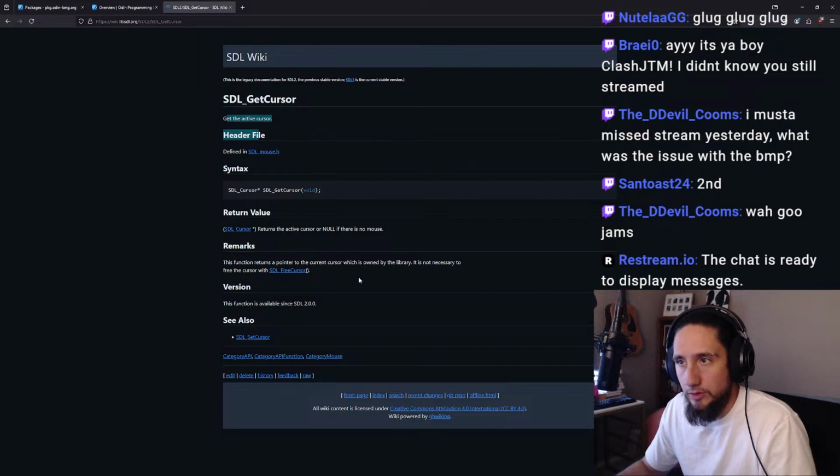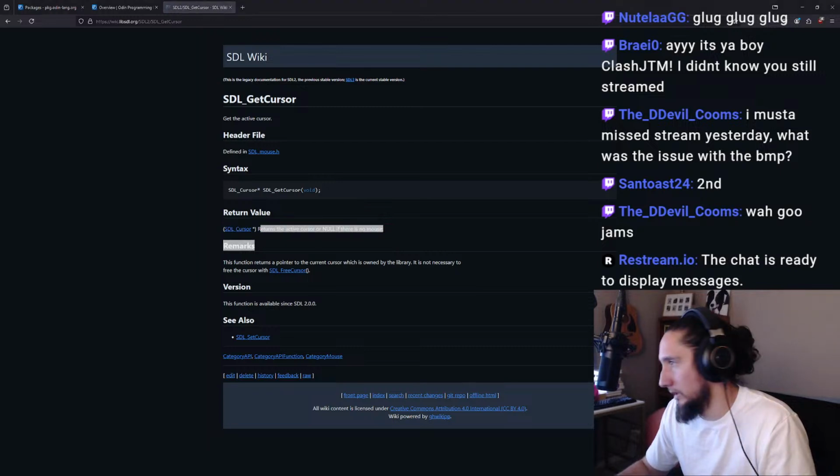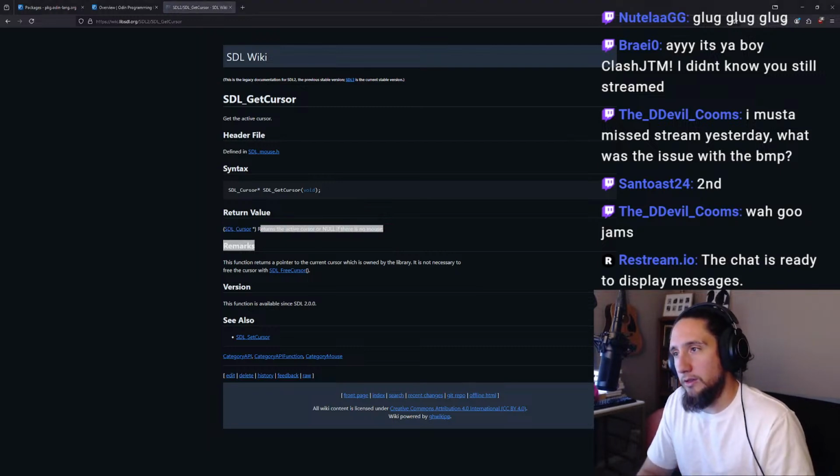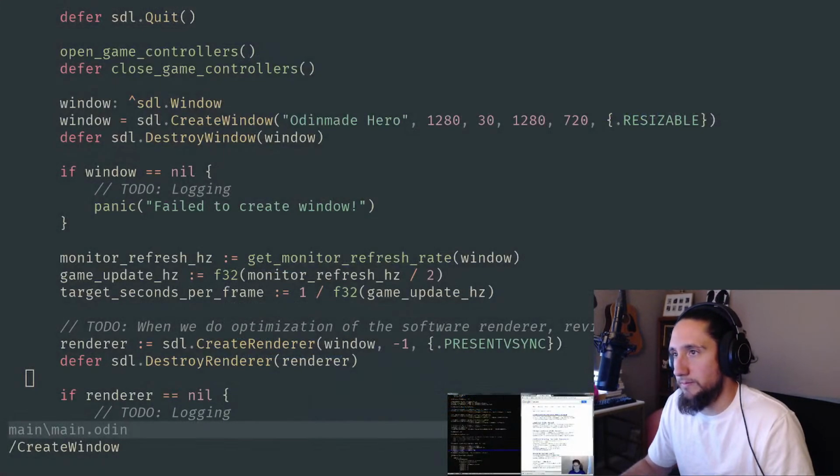Get the active cursor. Returns the active cursor or null if there is no mouse. Well, so he's doing that. Let me see here. He's doing that inside, like it. So it basically,